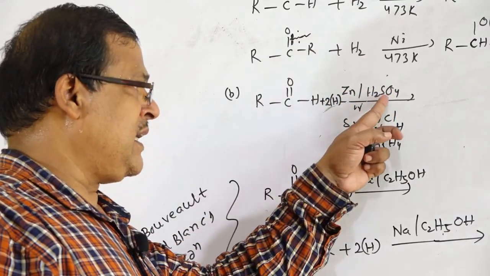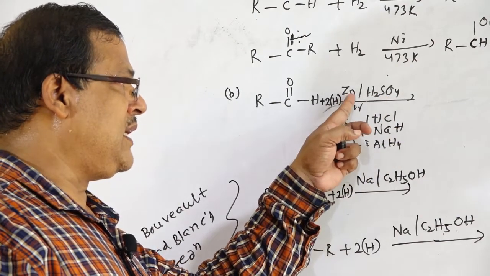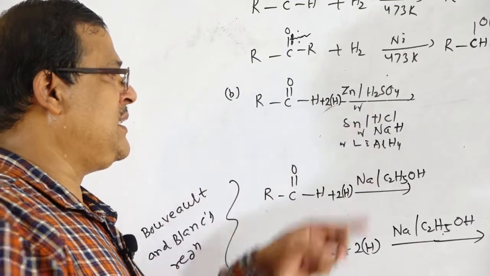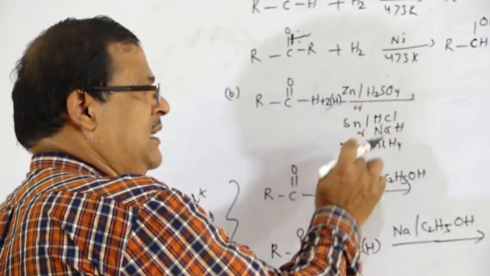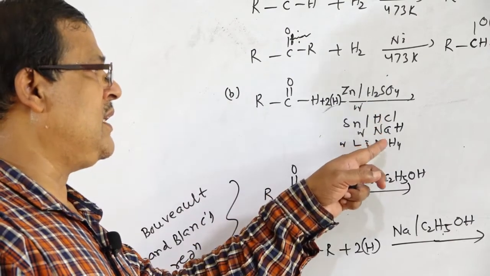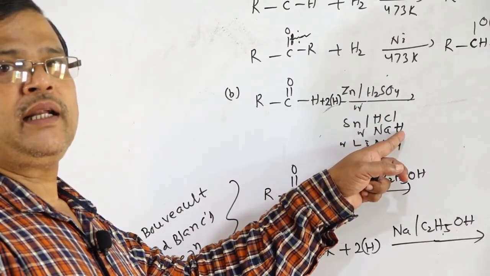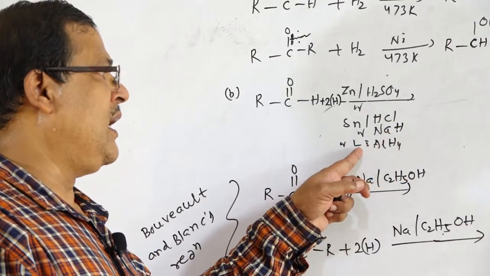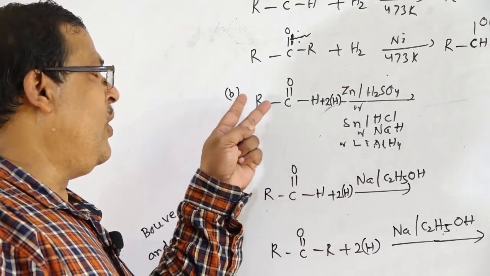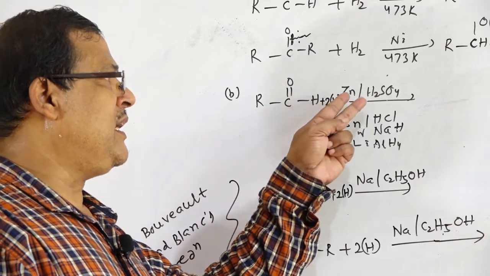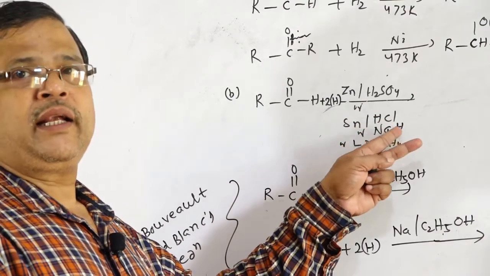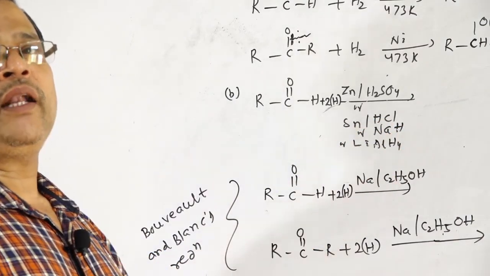So zinc taken in presence of sulfuric acid forms ZnSO4 and hydrogen. Then Sn/HCl, that is SnCl2 or SnCl4, forms hydrogen. So they will be treated as reducing agents. Sodium hydride, metal hydrides, alkali and alkaline earth metal hydrides, LiAlH4, lithium aluminum hydride, will act as reducing agents. So whenever aldehydes or ketones are treated with zinc in presence of sulfuric acid, or tin and HCl, or sodium hydride, or LiAlH4, lithium aluminum hydride,